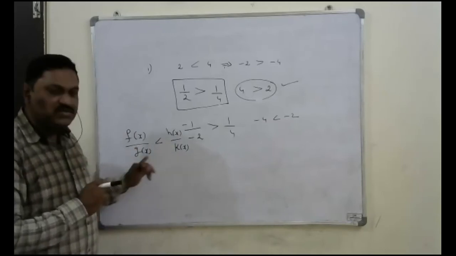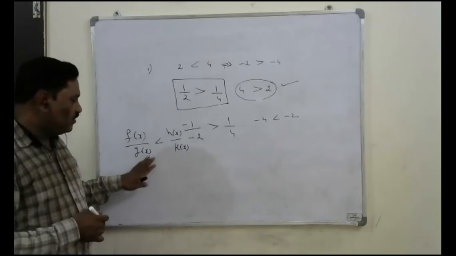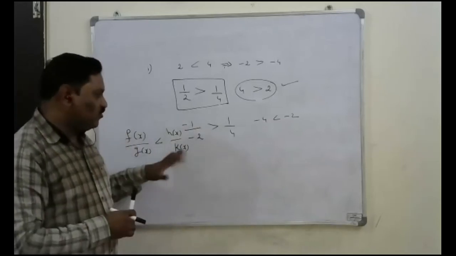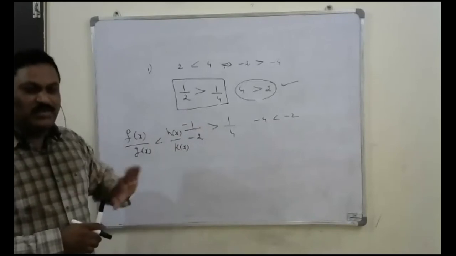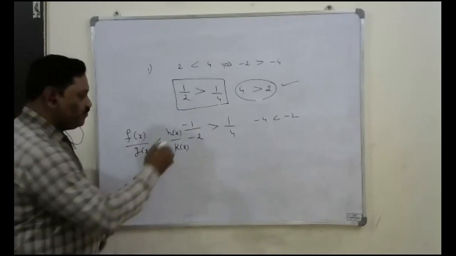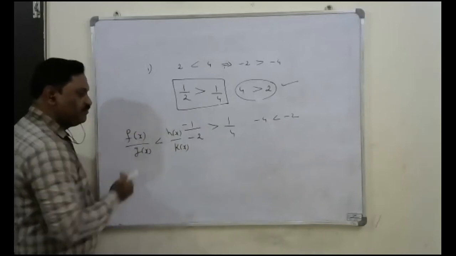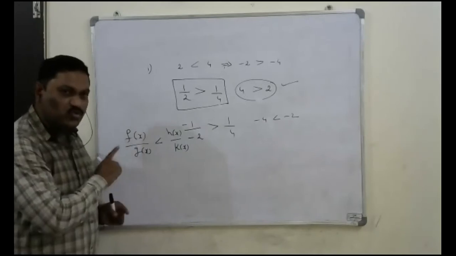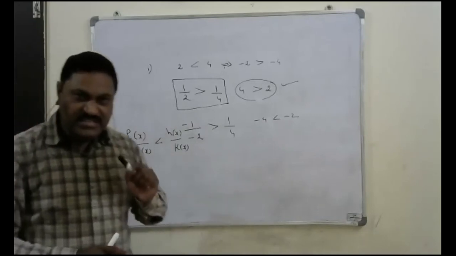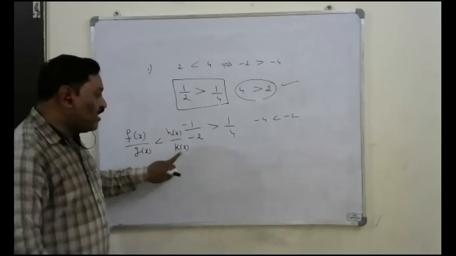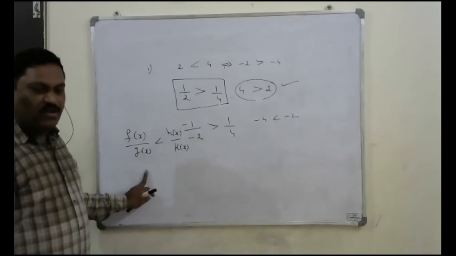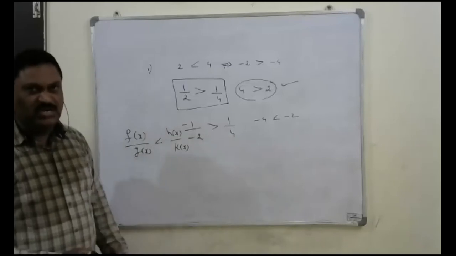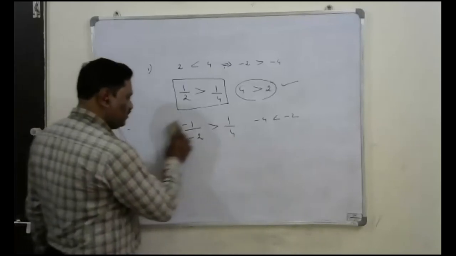Suppose you don't know the sign of these two, the sign of g of x and k of x, what to do? Just keep quiet, don't do anything. Then don't do the cross multiplication. Then what to do? Bring this RHS side to the LHS side, then take the LCM. Take the LCM and simplify. Okay, don't do the cross multiplication whenever there is an inequation. So with unknown sign in the denominator, if you have the unknown sign, don't do the cross multiplication. Understand? This is the point we have to remember.